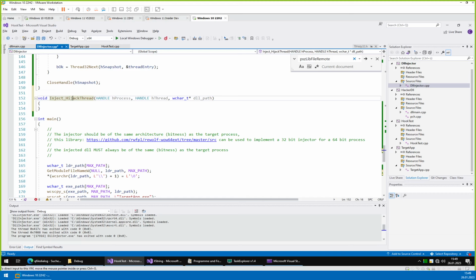So for example, with the QueueUserAPC method, as I mentioned, you need a thread that will be in an alertable state, and it therefore also is not very suitable if you would want early process execution. So injection during early process execution. It's only good if you want to inject something later on. So what we will need here now for this thread hijacking to work